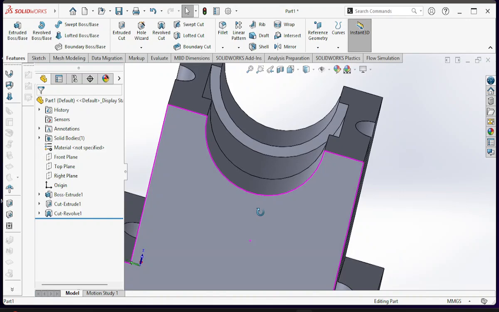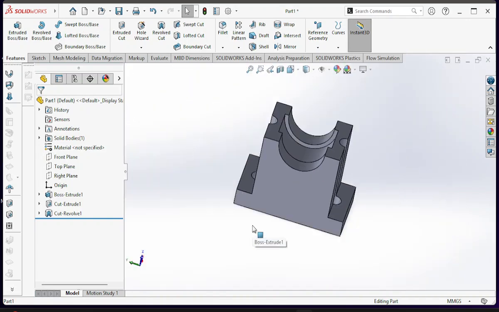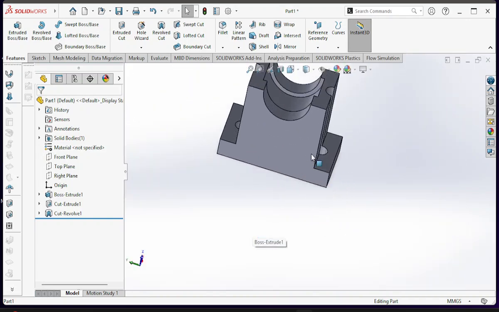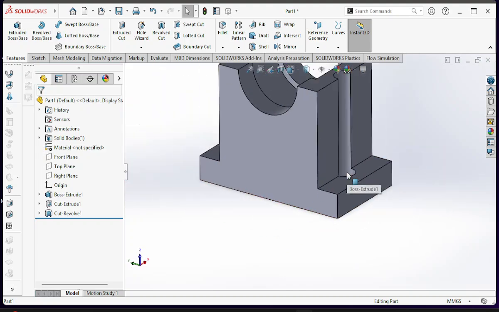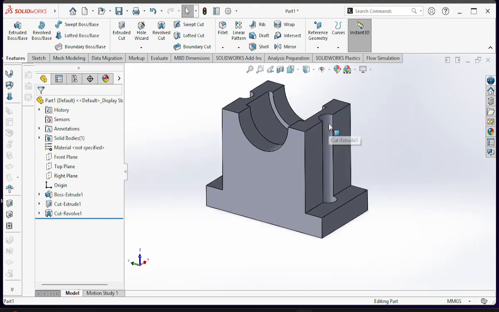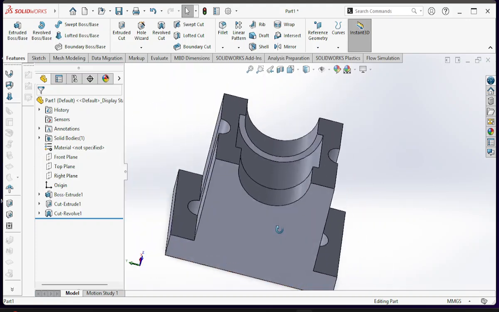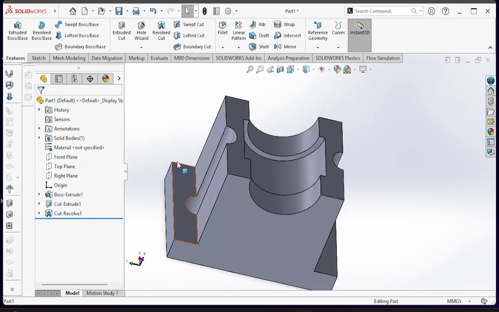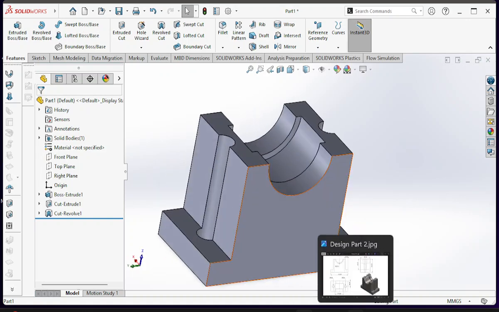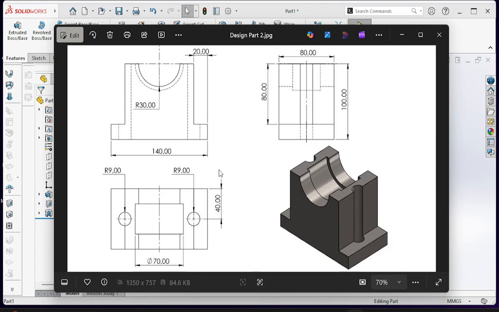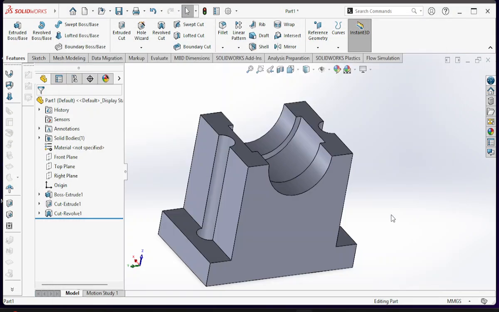Okay, and I can apply a fillet at this corner. Actually this hole makes the part a little bit weak, so the holes can be a little bit wider and the hole can be here and not here, right? But we have modeled it according to the drawing, and according to the drawing we have modeled this,